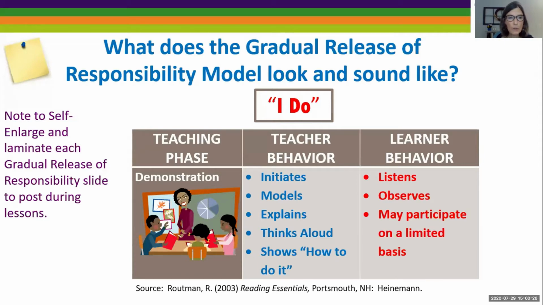And on the slides where you see the little yellow sticky note, this is just a note to yourself. You're going to take each of these gradual release of responsibility model slides and you can enlarge them and laminate them, and you would post them in the classroom while you're doing a lesson. And as we explained before, the I do is where the teacher is doing all the work and the child